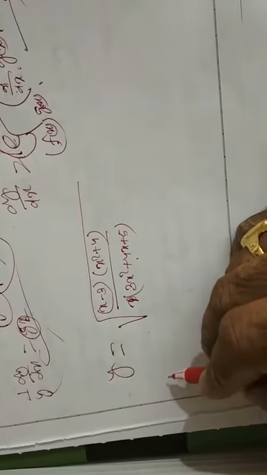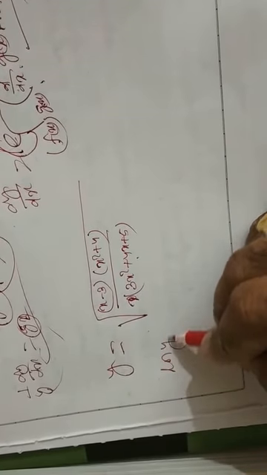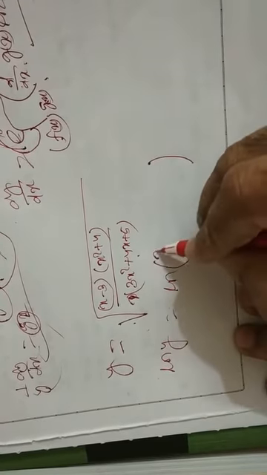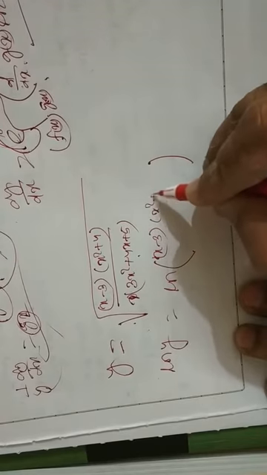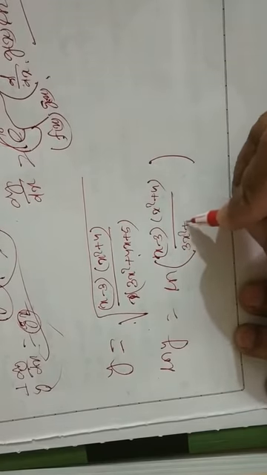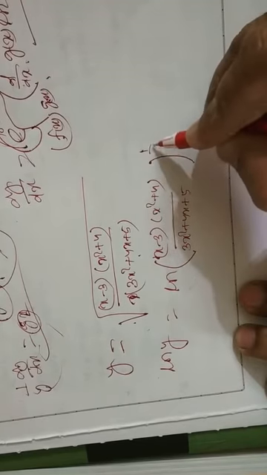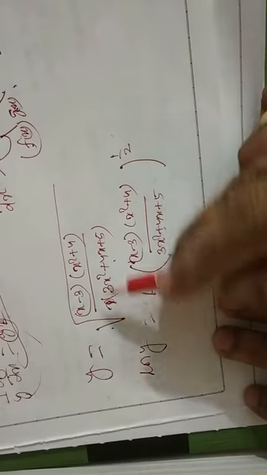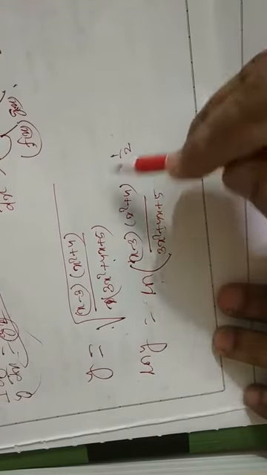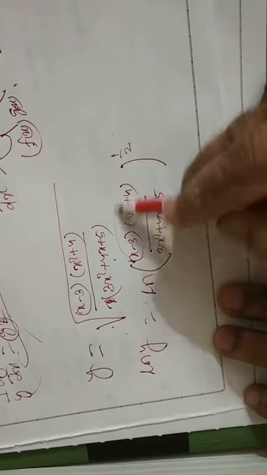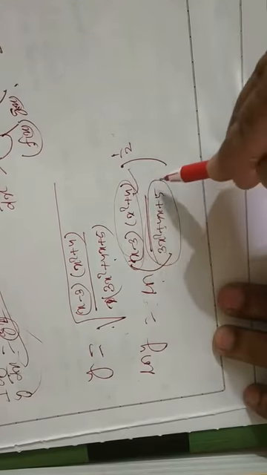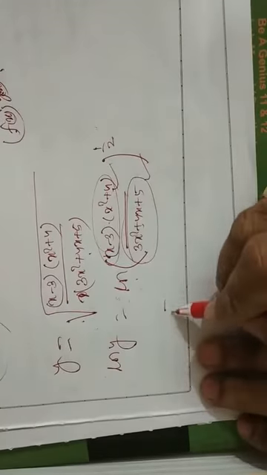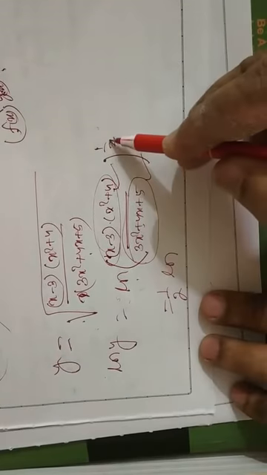Now taking logarithm on both sides, log of y, log of this thing, (x minus 3)(x square plus 4) by (3x square plus 4x plus 5) whole to the power half. Now log m to the power n is n log m. So it is half log of this thing. Log of something divided by something is log of this minus log of this. Then this one is a product, so I write this as 1 by 2 log.